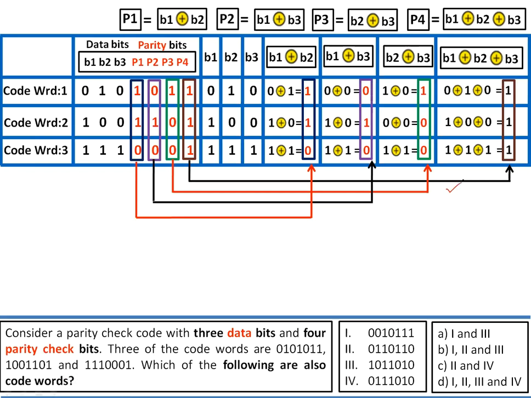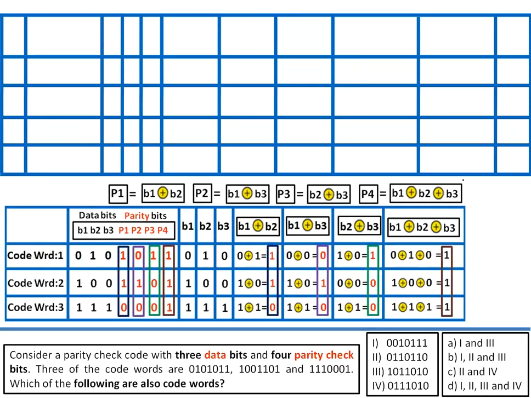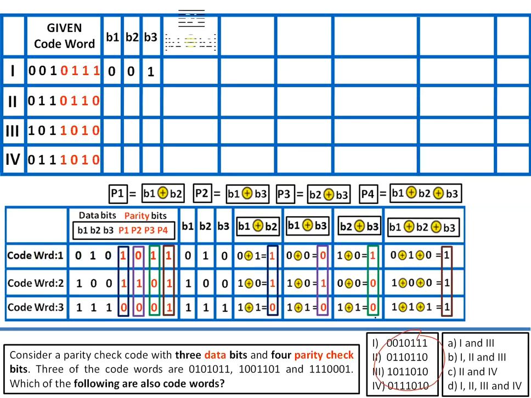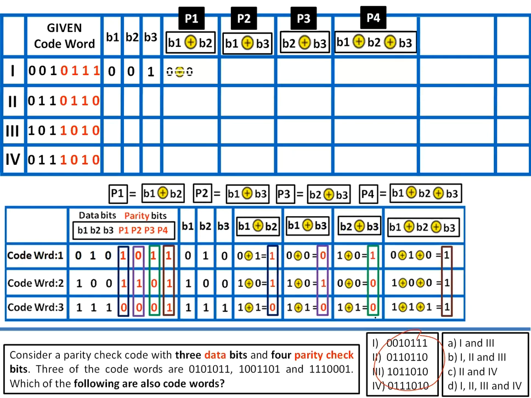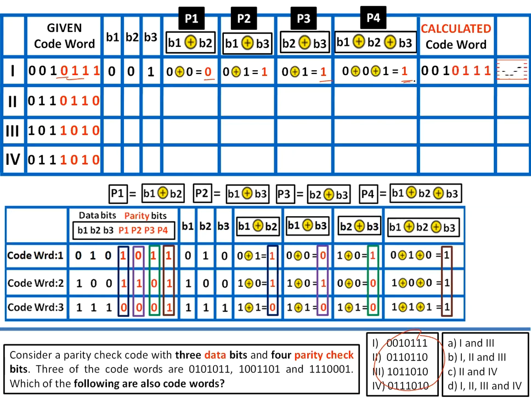There is the combination you understood. Now you have to identify the given code words. 4 code words are given. Please identify the mapping. Zero, yes. 1, yes. 1, yes. 1, yes. Yes, correct code word. Matched. How about the next one? This will be 011. Have to find this. No, the first one itself failed. Failed.